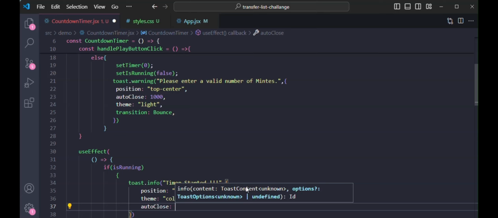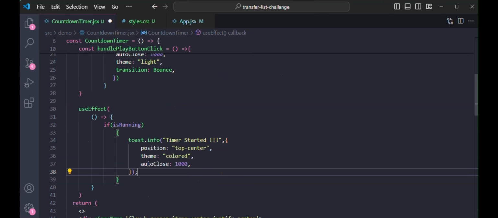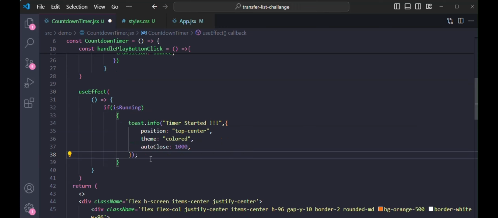Sorry, I have a cold, so please bear with me. Okay, yeah, now we are done with this. So we added an if: if the timer is running, then we are showing a toast message to the user saying that the timer started. And then what we are doing is,